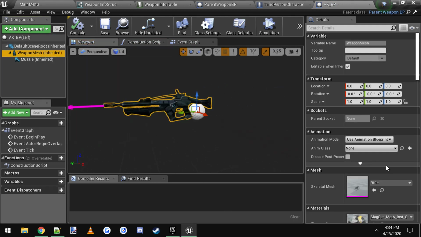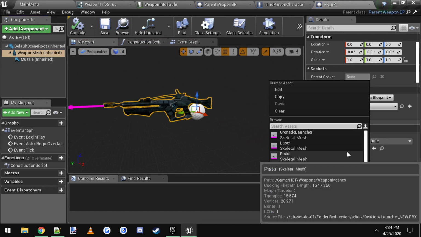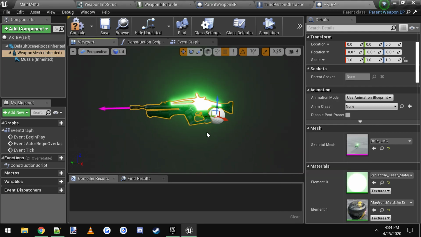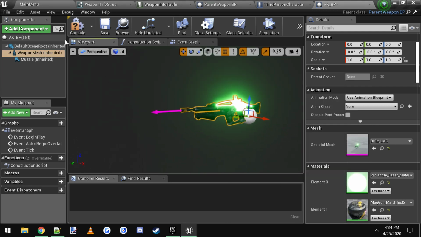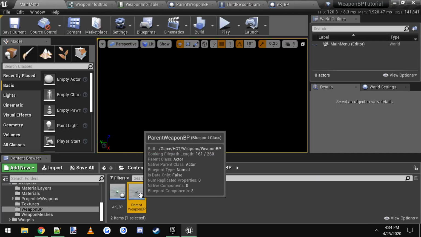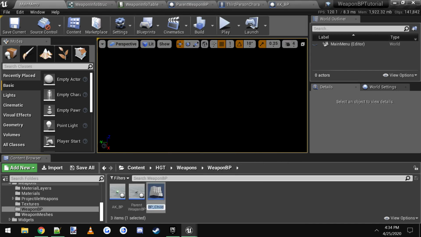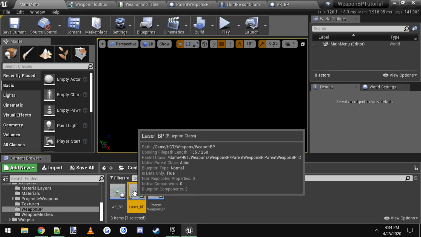So let's change this gun to a rifle that glows, the LMG one glows. And there we go. Compile, save, and then let's make another one. So find the parent weapon, create child. This one will be laser BP or laser underscore BP. Doesn't matter what you name them, as long as you know what they mean. Open it up,